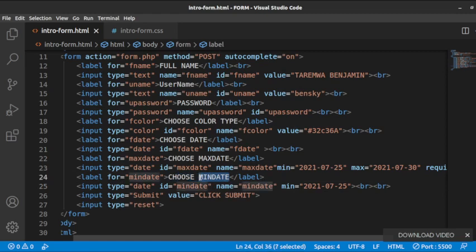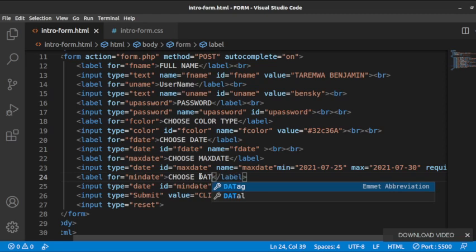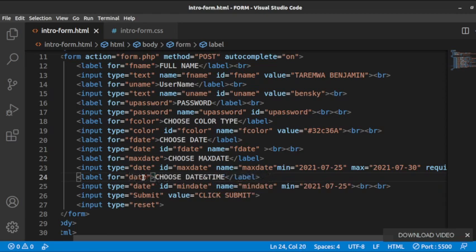You can say choose date, date and time. We can call this the date. Okay, even this one here we can call it the date, and we then call this one here